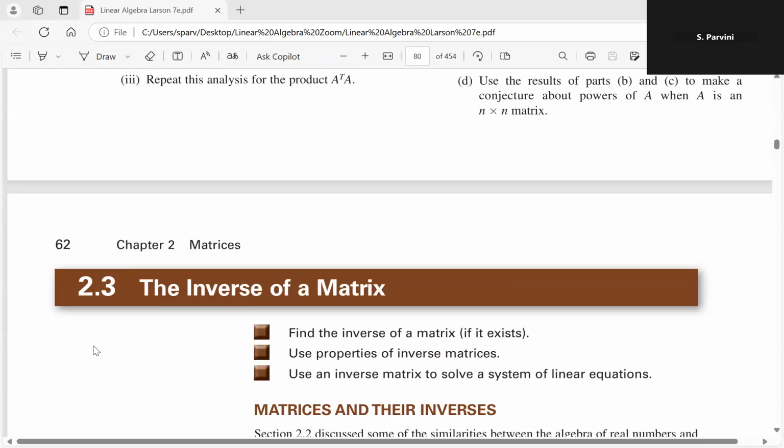All right, now let me begin by sharing my screen here. So we're going to begin in section 2.3. Section 2.3 is the idea of the inverse of a matrix. Now, before we actually talk about the inverse of a matrix, let me